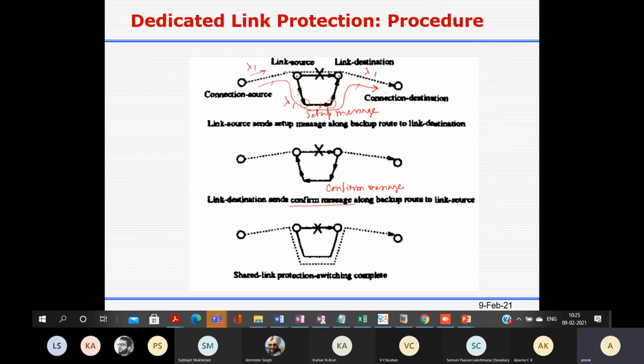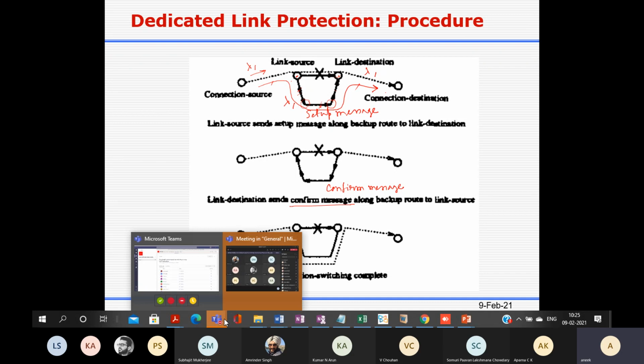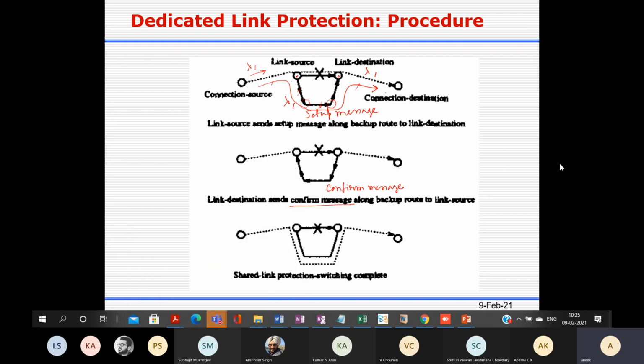This is the dedicated link protection. Basically, this is the source node of the failed link, and this is the end node of the failed link. Between these two nodes, along the backup route, there are m number of hops. Here you can say first hop, second hop, third hop, but the total number of nodes will be m+1.